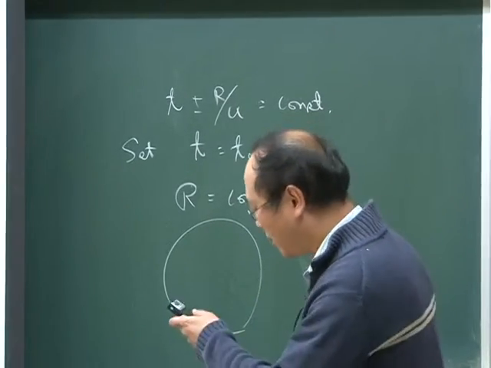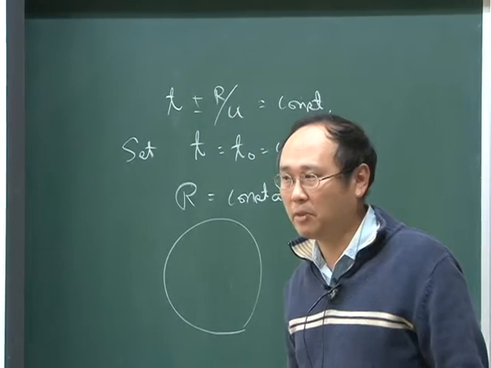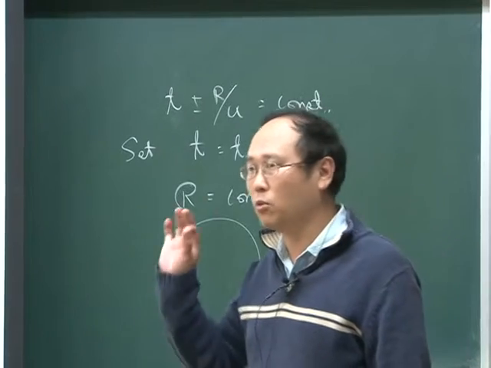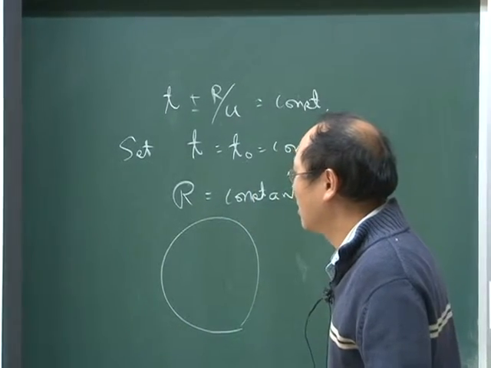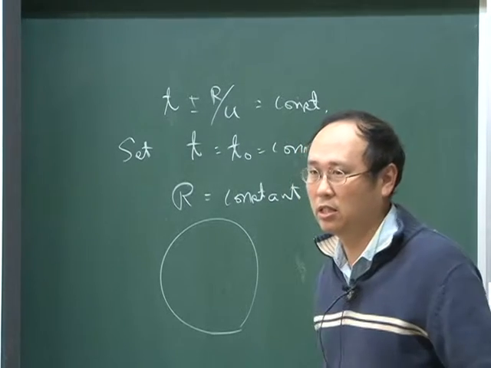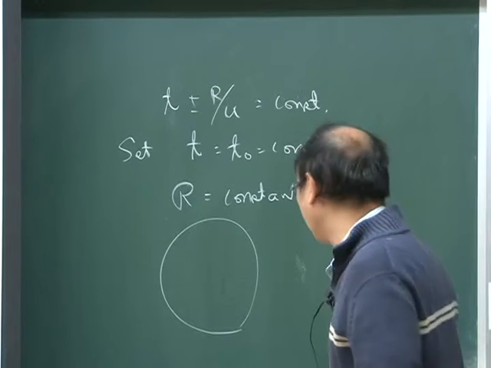Okay, same thing, if you set the argument to be a constant, it means that you're looking into the wave at one particular point. And then you can construct a cylindrical surface like this. Well, same thing happened to this. This is the simplest. If you set this to be a constant,